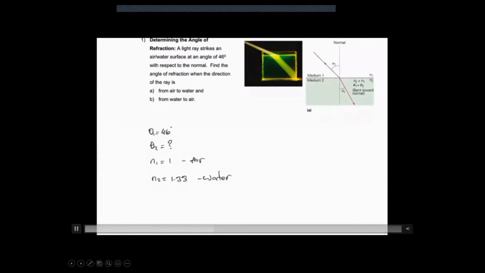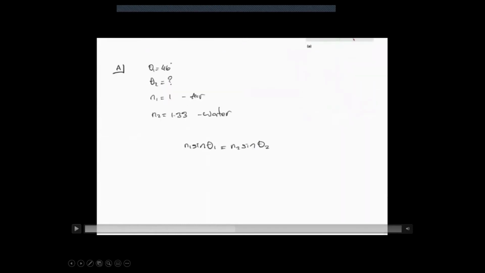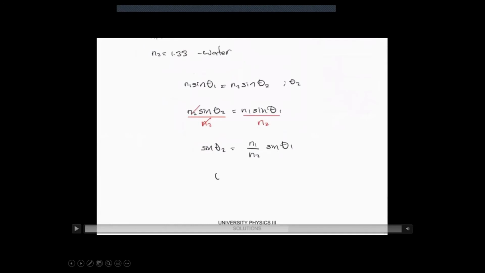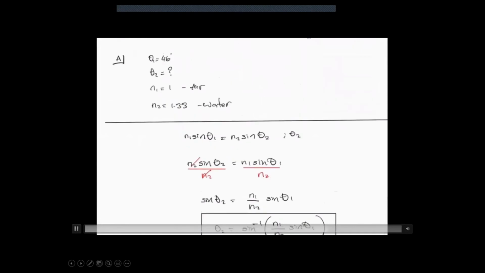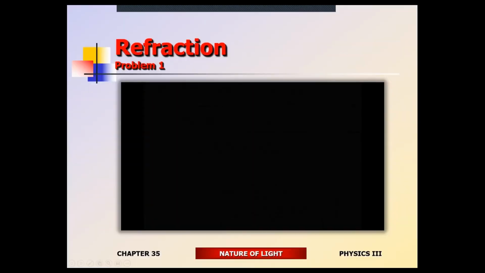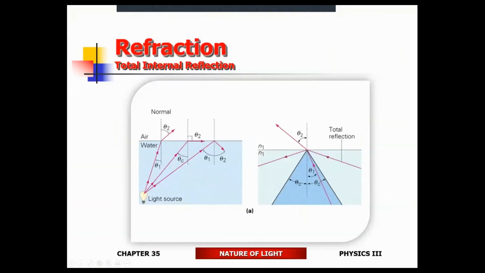All right, so Snell's law, angle of incidence, angle of refraction. Solve for the angle of refraction. Get rid of n2. And then isolate the angle of refraction, or theta 2, by taking the inverse sine on both sides. That's it. That's as far as it goes. I'm not sure if I did the numbers for this one. And then you do the same by reversing it. All right, so I didn't put the numbers in, but that's how it is done.